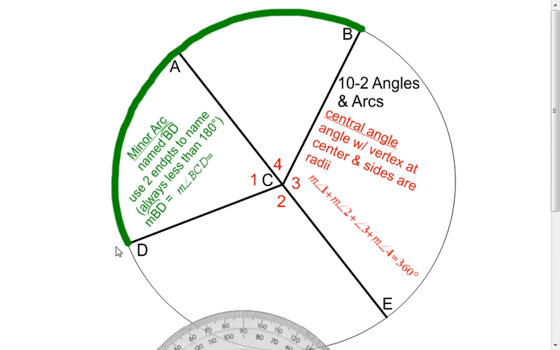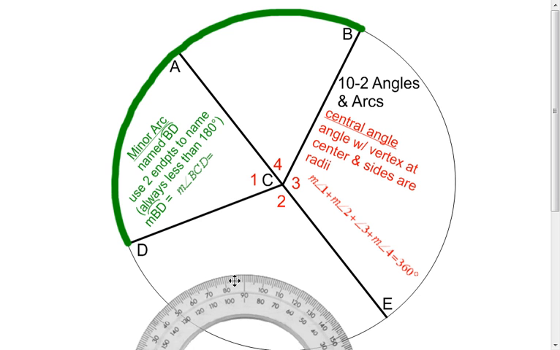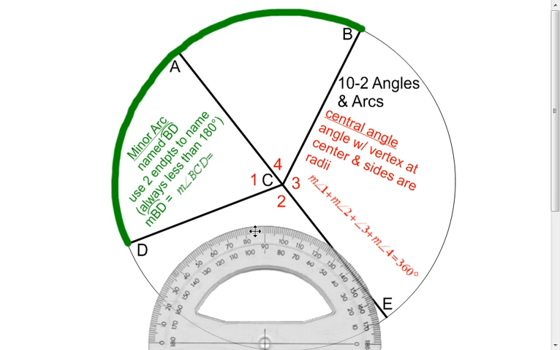Now the next thing we're going to talk about is what's referred to as a minor arc. It's part of a circle. As you can see here, what I have highlighted in green has two endpoints, kind of like a segment, but obviously it's not a segment because it's not straight, and the measure of it is always going to be less than 180 degrees. Now the way you're going to calculate the measure of that arc is to measure the angle that creates the arc, or we'll say that the arc is intercepted by an angle. So in this case, if I want to find the measure of arc BD,